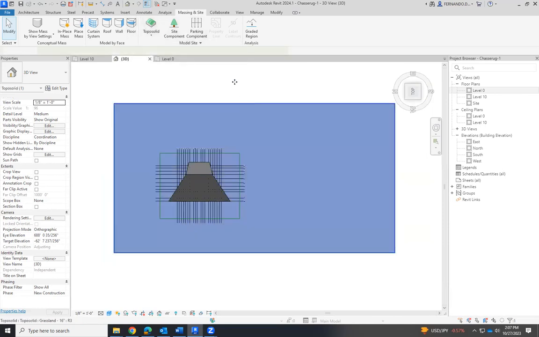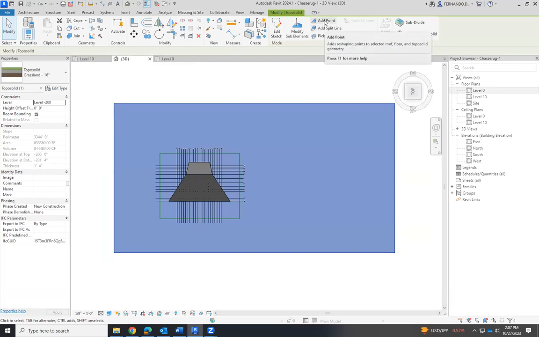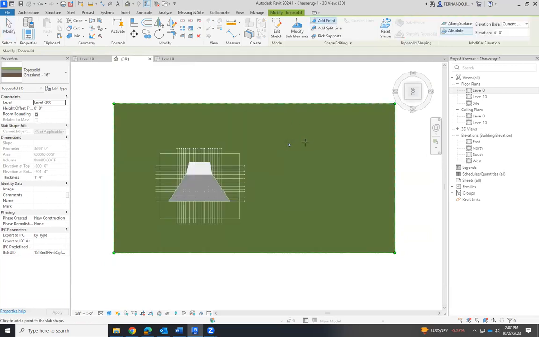Okay, so we have to select the toposolid, and then we have to add points. When we add points, by default, the absolute elevation is 0. So that means that I can create a line here, and all these points will be on that level 0.